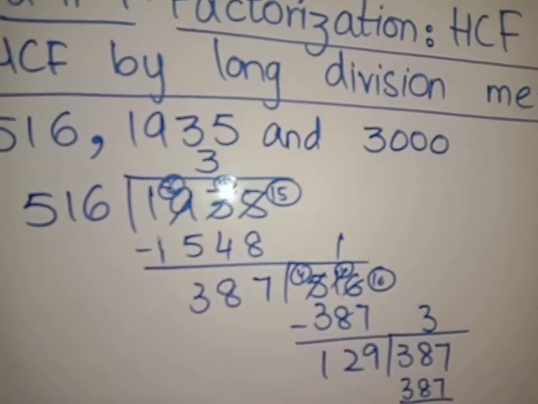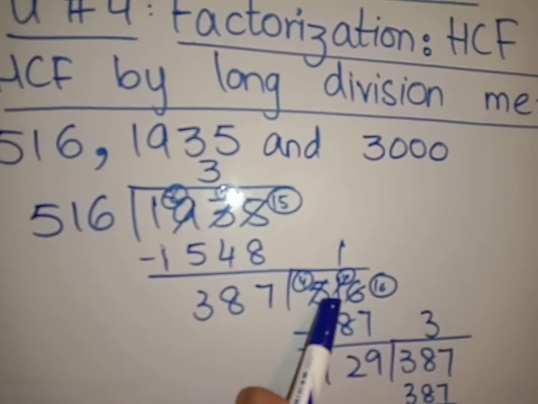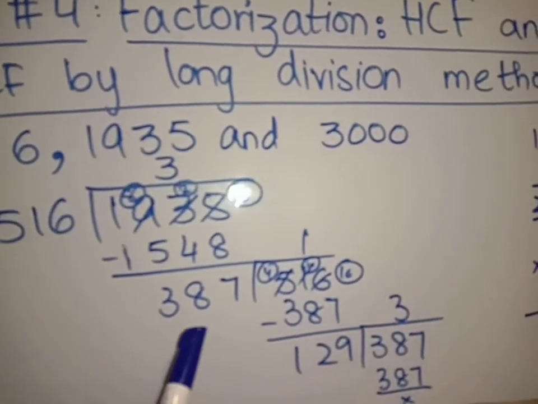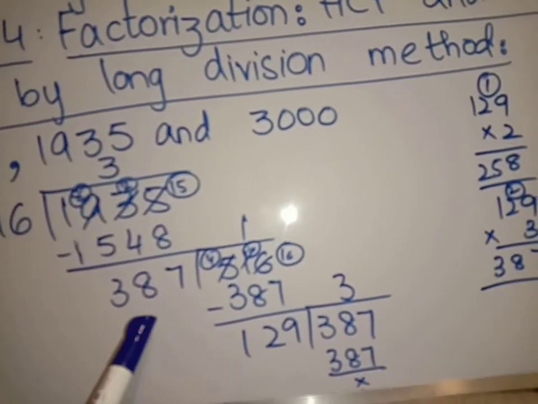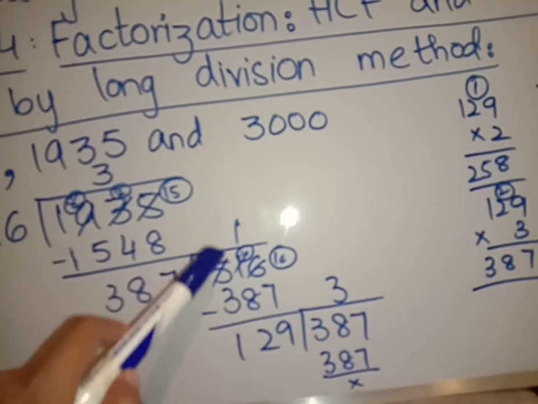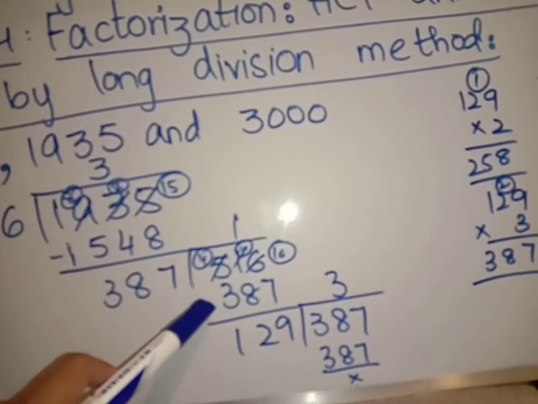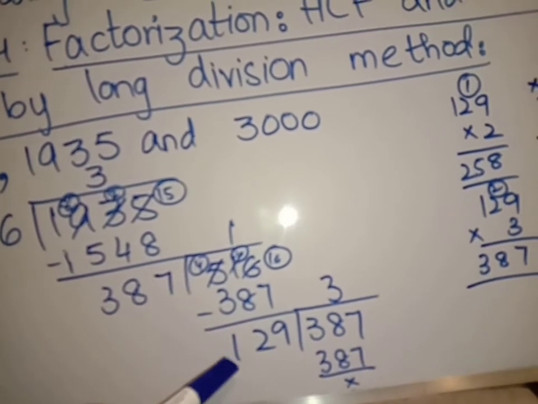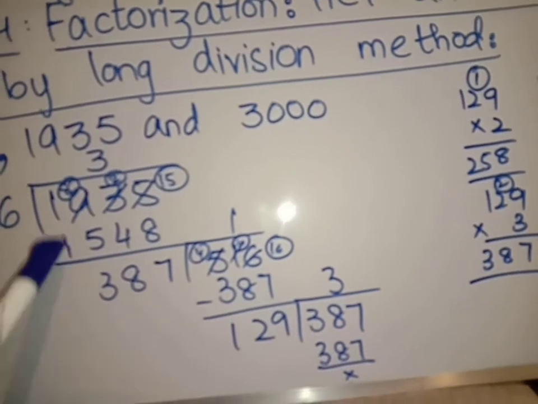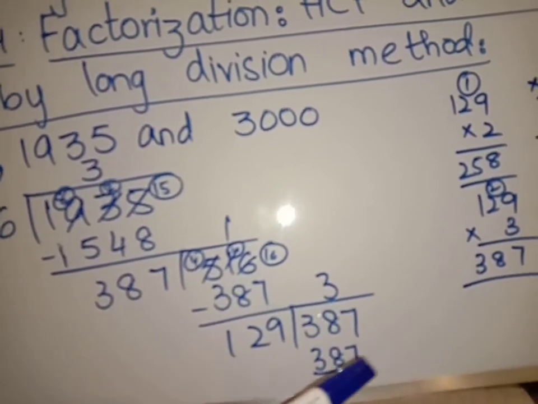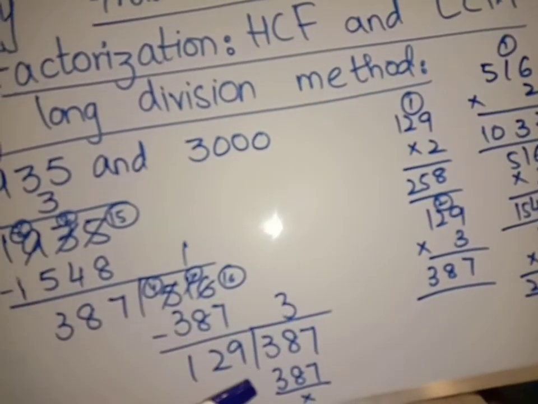The next term, we have to just move 516 inside the box and then calculate 387 till 516. So 387 multiplied by 2 will be greater than 516. So I use 387 multiplied by 1 is equal to 387. By subtracting both the terms we got 129. And now you have to move 387 inside the box. So 129 multiplied by 1, 129.